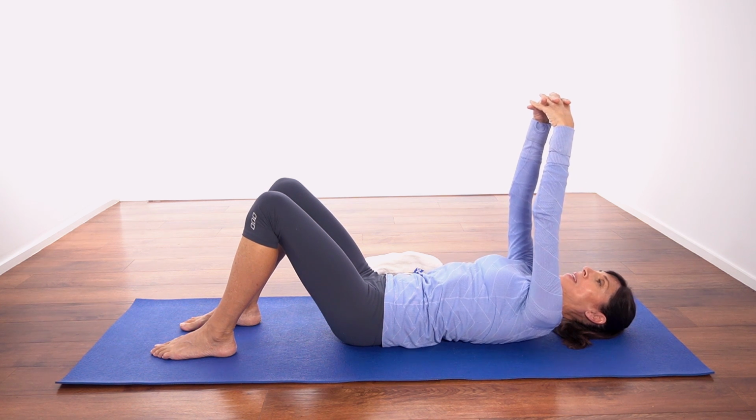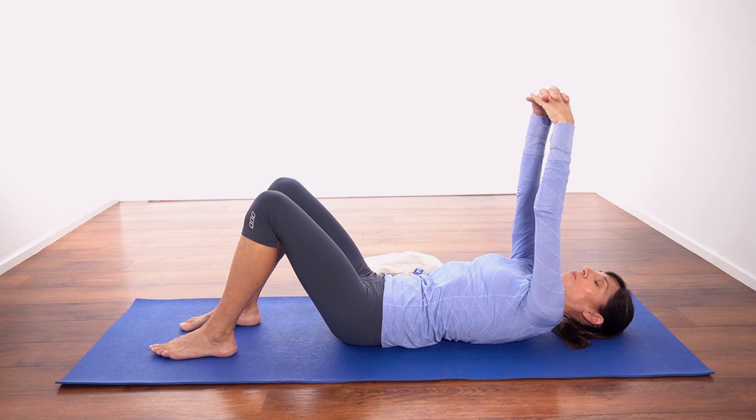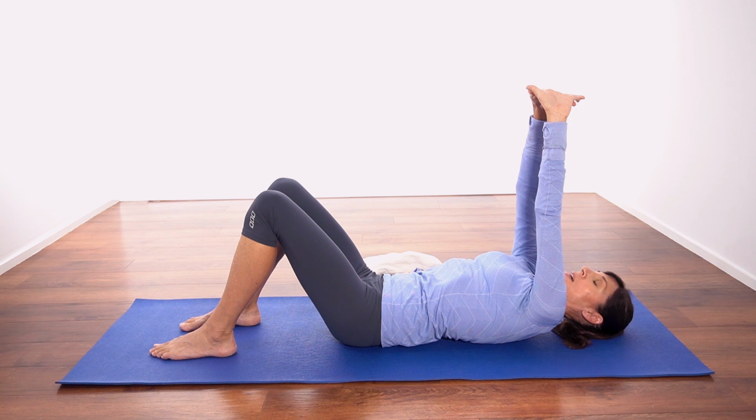Bring the fingers together. Reach up towards the ceiling. Bring your shoulders off the ground. Big press up. Breathe out. Push it away and down. Now press the palms up. Press away